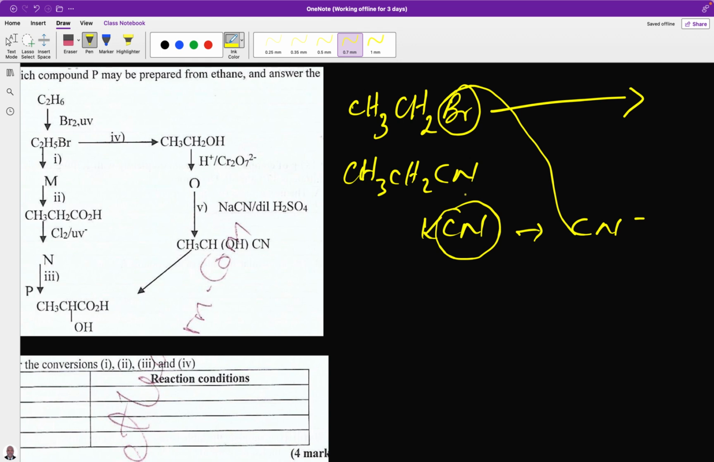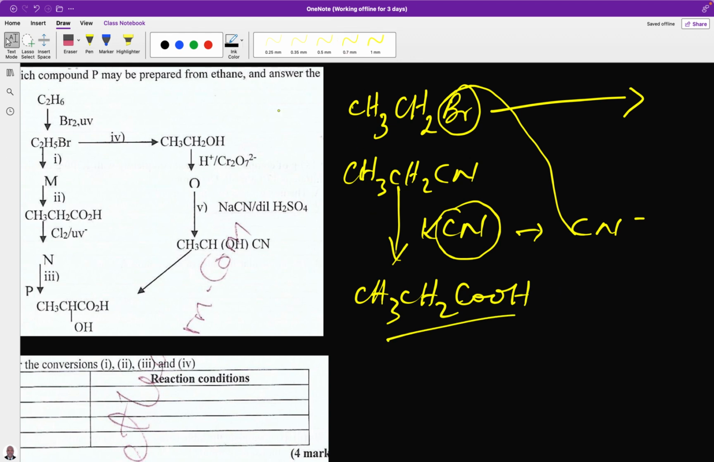Acid hydrolysis: hydrolyzing it with dilute acid will convert this to the corresponding carboxylic acid, which we will call CH3CH2COOH. This one again will convert this C to COOH. That's why it comes here. So in our question here,